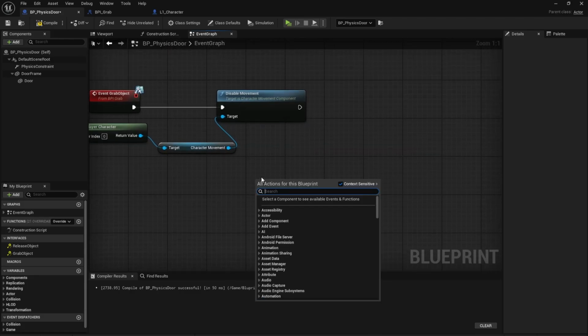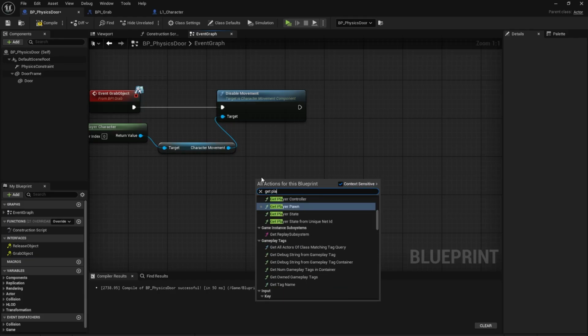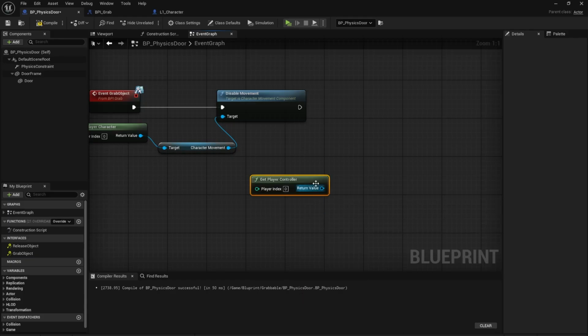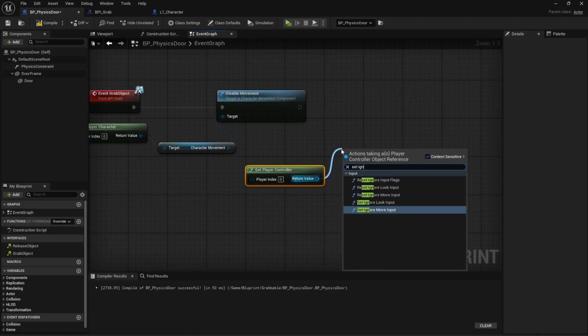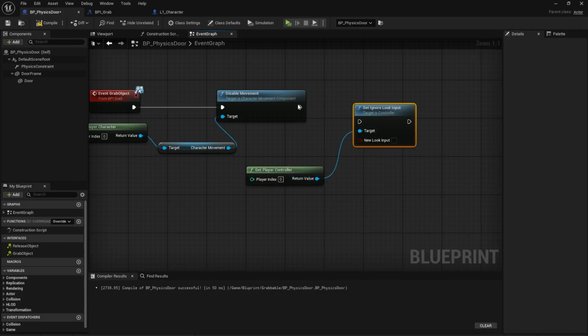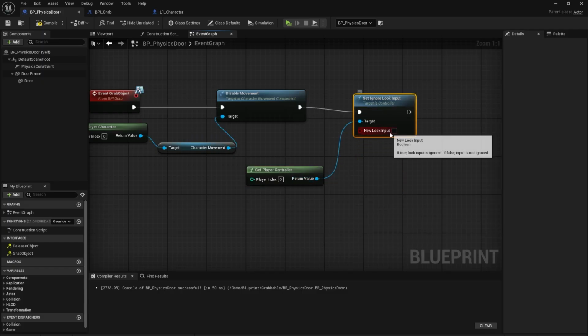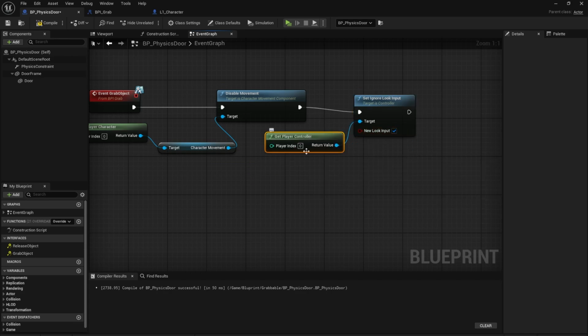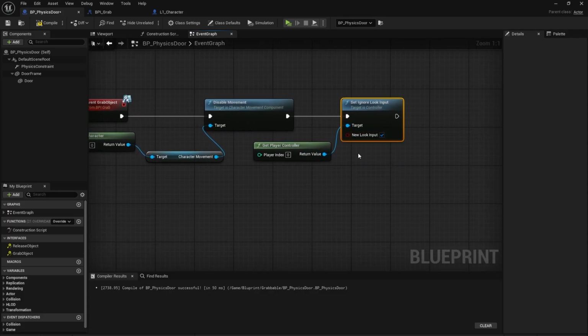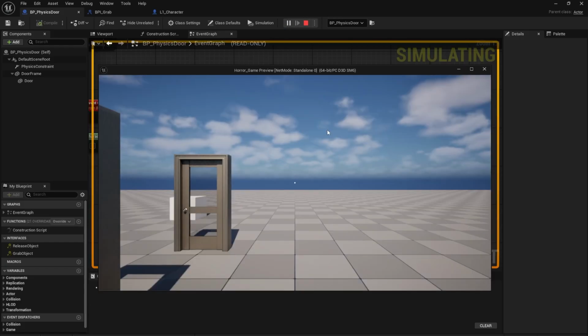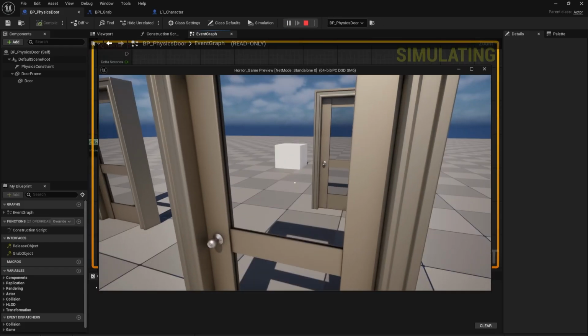In the event graph, right click and search get player controller and select get player controller and drag return value and search set ignore look input and set this to this and enable new look input. This get player controller gets controller and set ignore look input locks camera look, mouse moves door, not view, for focused interaction. To test it, I compile and save and hit play, and I go to the door and